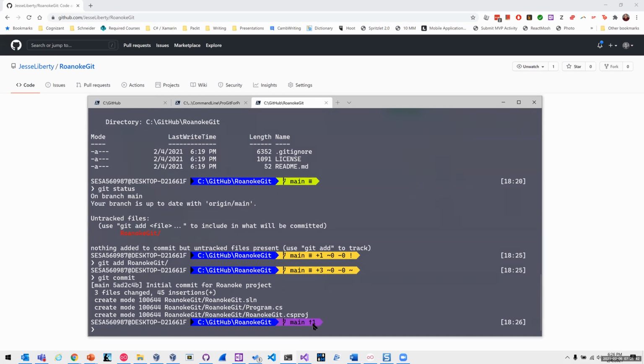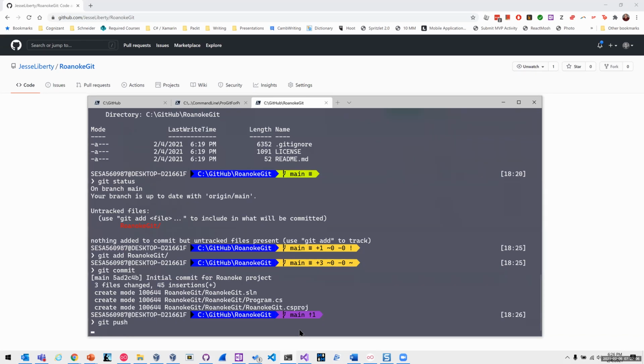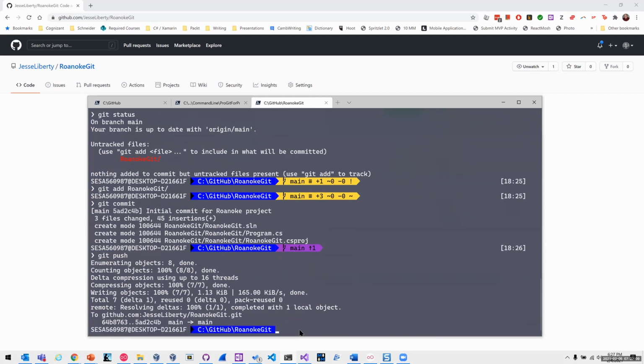That means you have 1 commit to push up to the server if you want to move from your local repository. It is now in your local repository, but it's not on the server. If we went back to GitHub, you still wouldn't see it. But if I say git push, remember that's the command to take your commit and push it up to the server, it's going to determine that you have 1 that's different, and it's going to push that one up